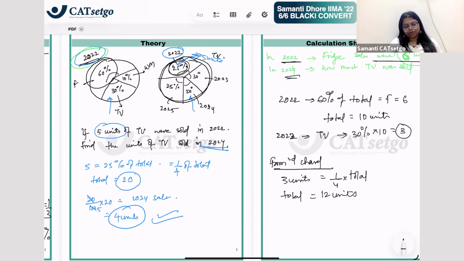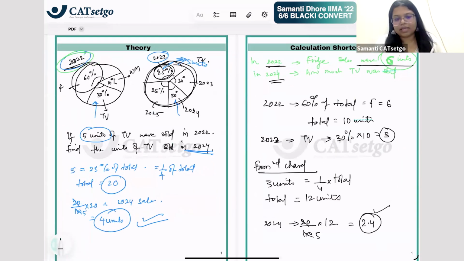And you have to find 2024. 2024 में 20% of this total was sold. 2.4 units is the answer. Do you get this? So yes. Okay. So from here we have to pick up. So different kinds of charts are also given to you, not just these web chart, radar chart, ऐसे अलग-अलग charts भी आते हैं. And those are not some type of chart, but you have to just understand basis the information that is given to you, the description given in the question, कि कौन सा type का chart है and what kind of information is given, and accordingly reduce.